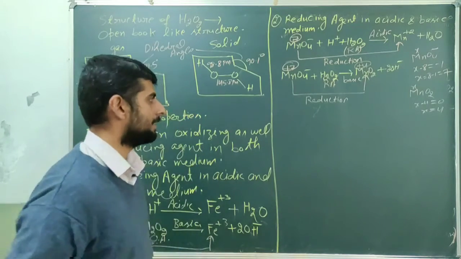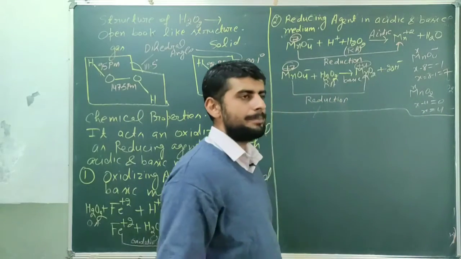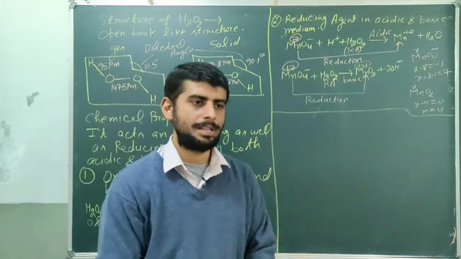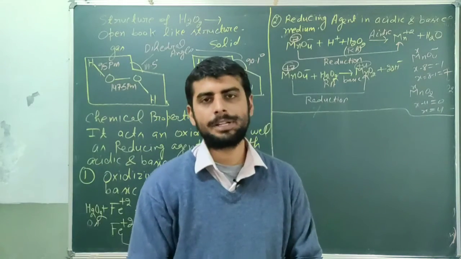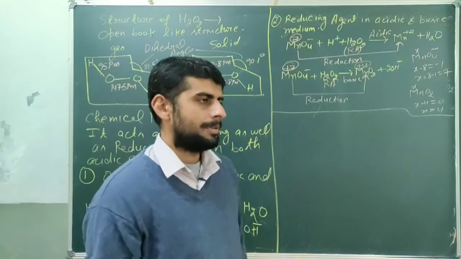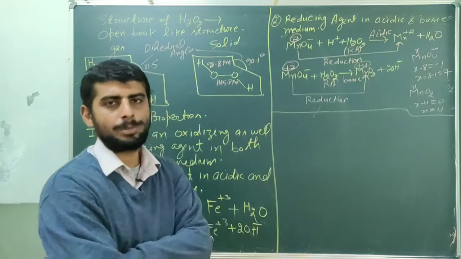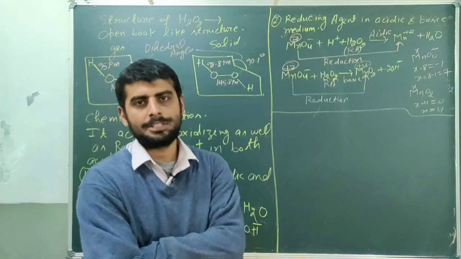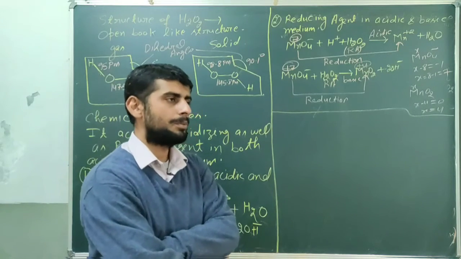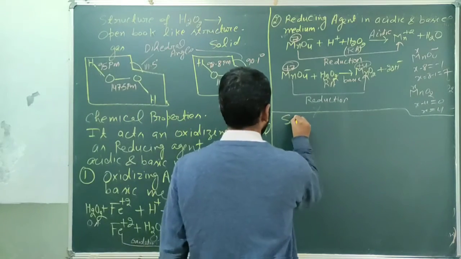Okay, so next we will continue with storage of H2O2. It is very important how we store H2O2, because H2O2 in the presence of sunlight is converted into water and oxygen. The oxygen produced will come out from the bottle and there is a chance of explosion. So where and how we have to store H2O2 is our main important topic now, the storage of H2O2.